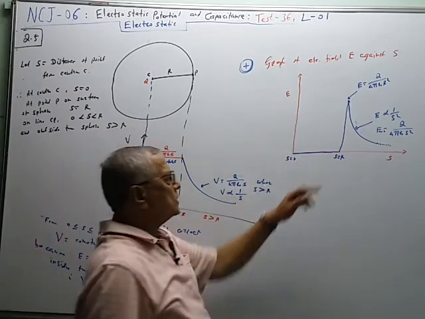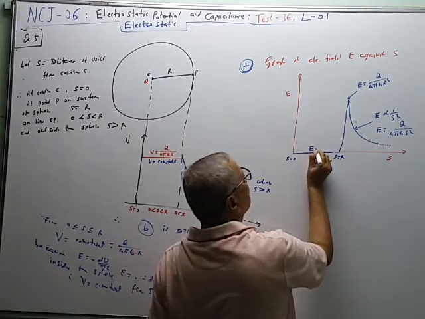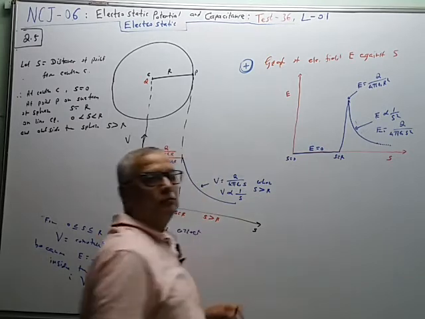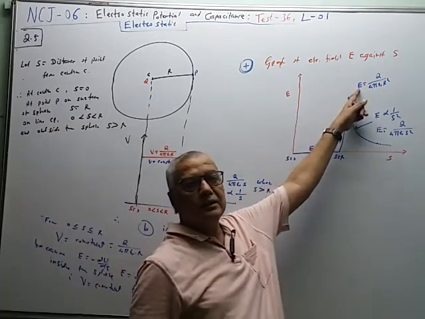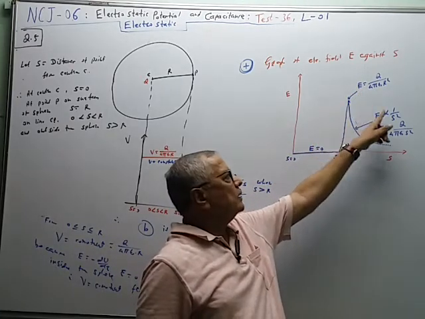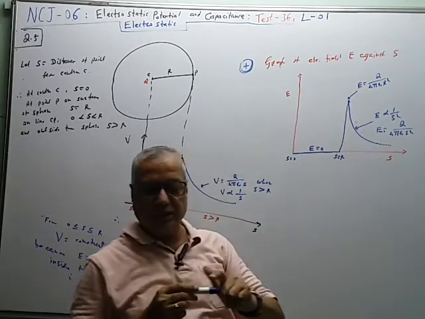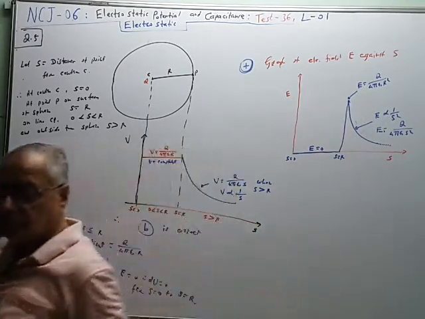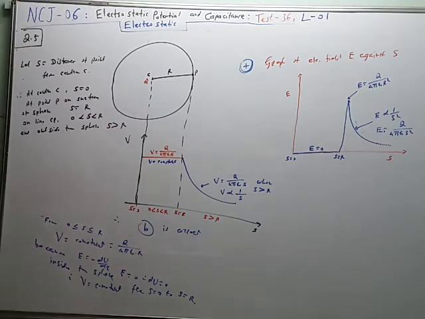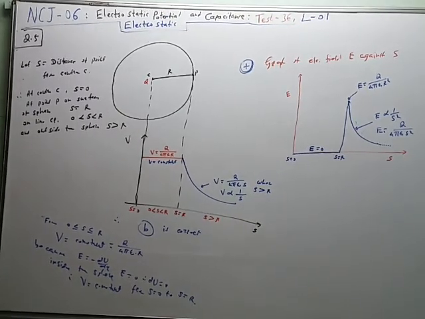So from this point to this point, electric intensity E is equal to 0 inside the sphere, and on the surface of the sphere the intensity is this much, and then it decreases exponentially like this. So this graph is given in B, but it is a graph of intensity against distance. So remember these two cases. This is a graph of potential against distance, and this is a graph of electric field intensity against the distance.